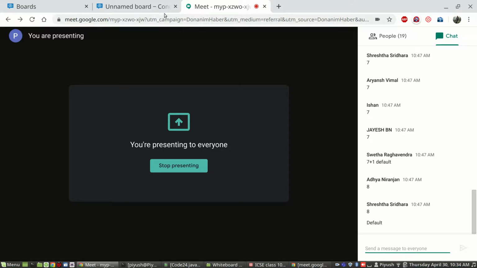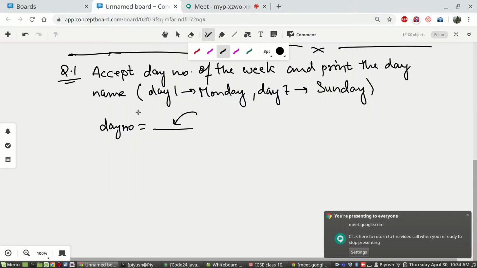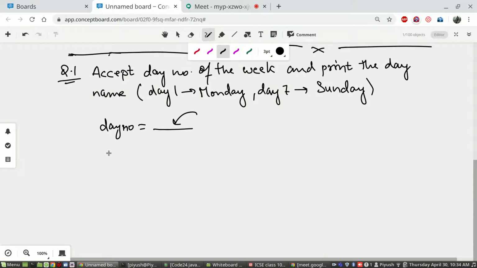So here you will enter the day number and then check what the day number is. You will write something like, is day number equal to 1? If so, print Monday.